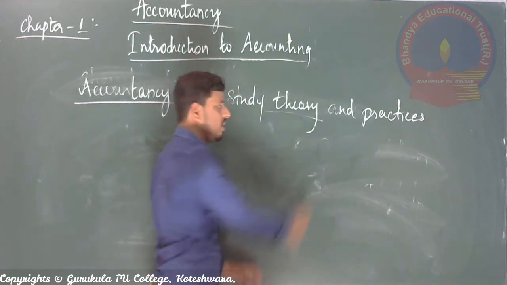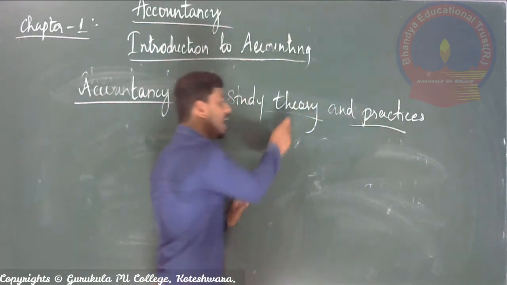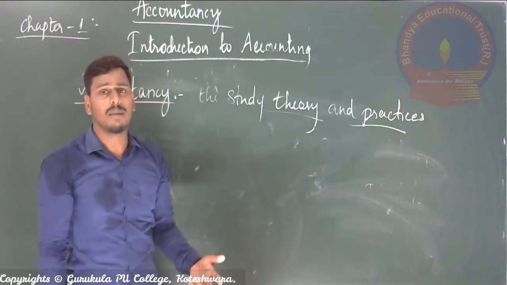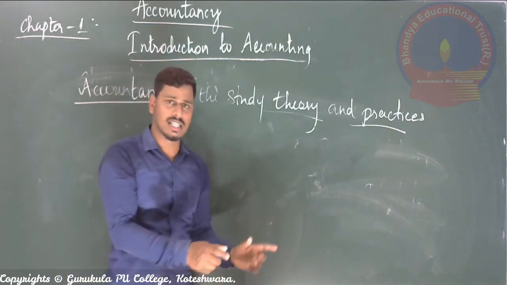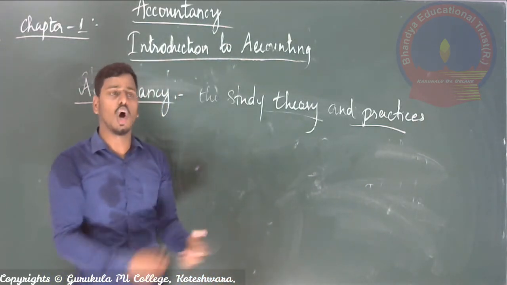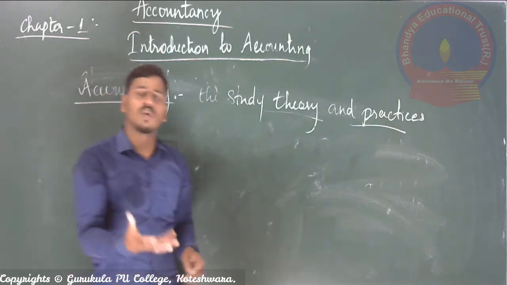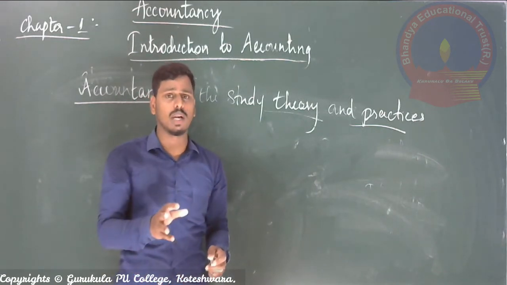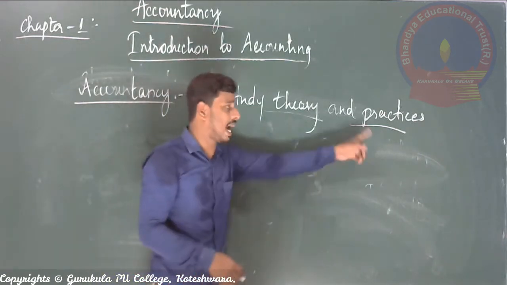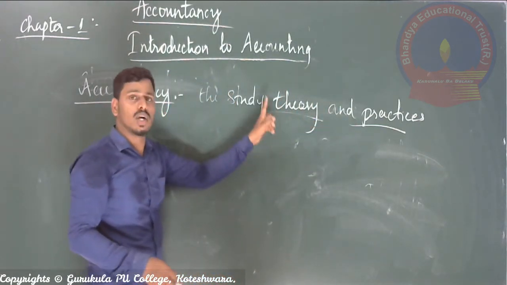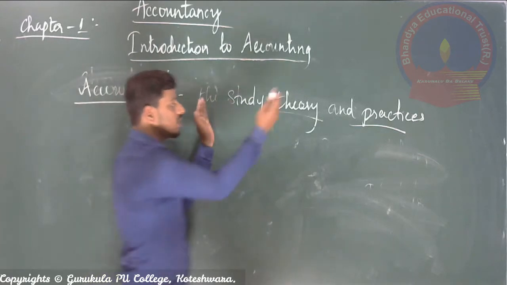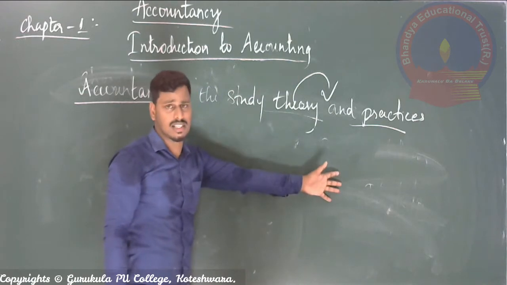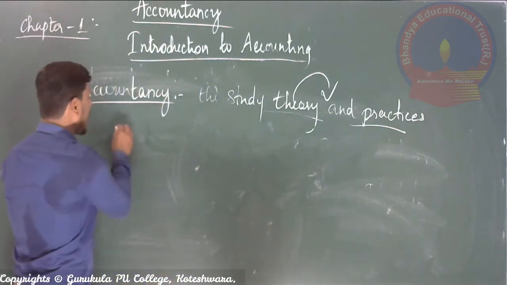Those are called theory, and practice is applying or using those theories, getting the solutions or preparing the books of account. Correct? So recording the transactions and making calculations, comparisons, conclusions, and at the last stage calculating the profit or the losses, right? Giving the conclusions. All these things are called practices, using the accounting rules as well as the principles. So the study of rules and converting those theories into practice is called accounting, or I can say